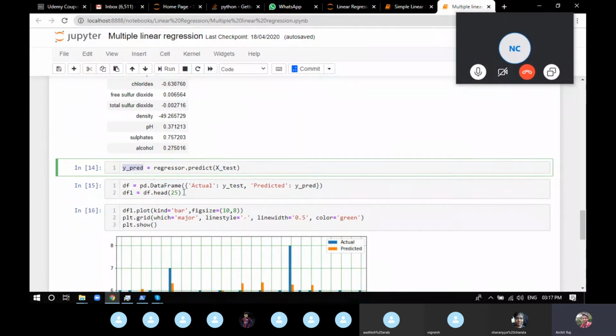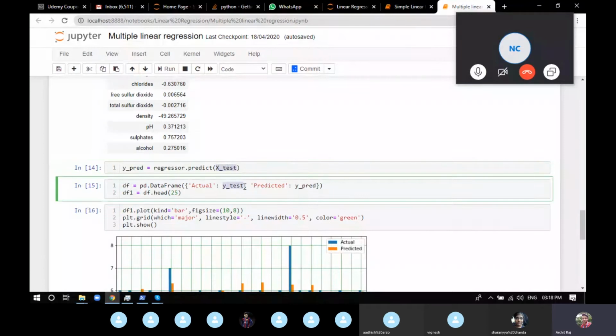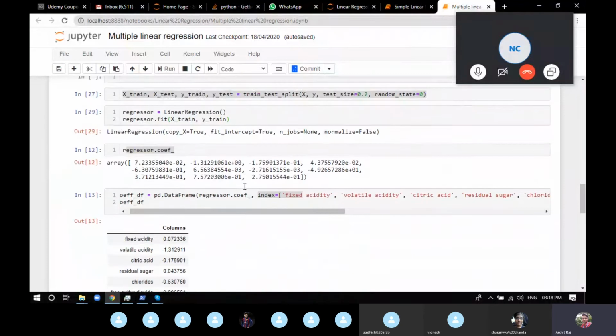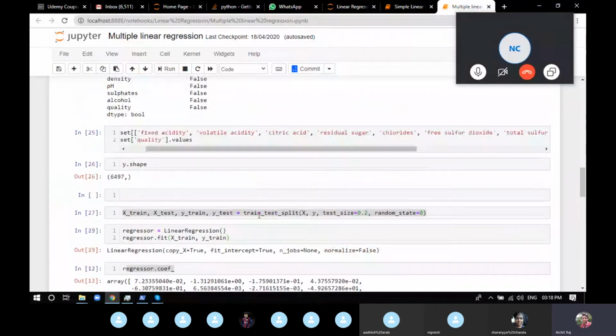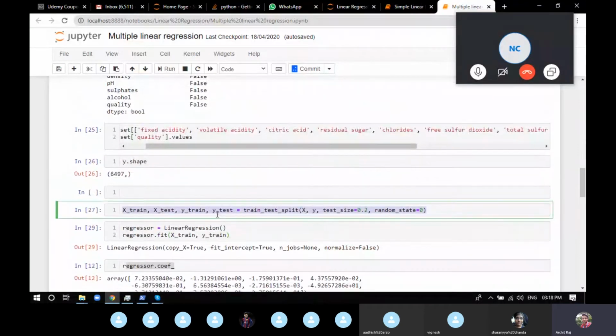The previous time we did the same thing: we gave the X_test, got the answer from the model using the dot predict function, and saved the answer in y_predict. We also have the exact answers for X_test in the variable y_test, because we used train test split. So all the answers of X_test are saved in y_test.